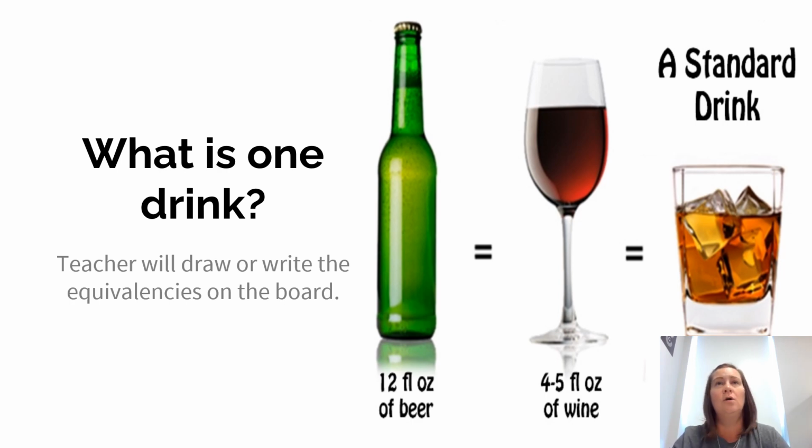Or even a fairly popular import like a Heineken or a Miller product, and that the craft beers, right, that are huge in breweries, and that's a very popular thing now, that is a whole different ballgame when it comes to being one drink. And when they're of age and they're looking at stuff like that, they need to be really mindful about the alcohol by volume in craft beers, because as most of us know as adults, right, they can be anywhere from 4.5% alcohol upwards of 12% alcohol.